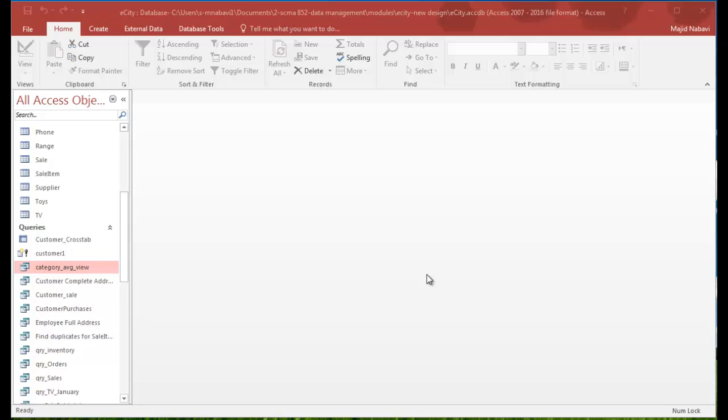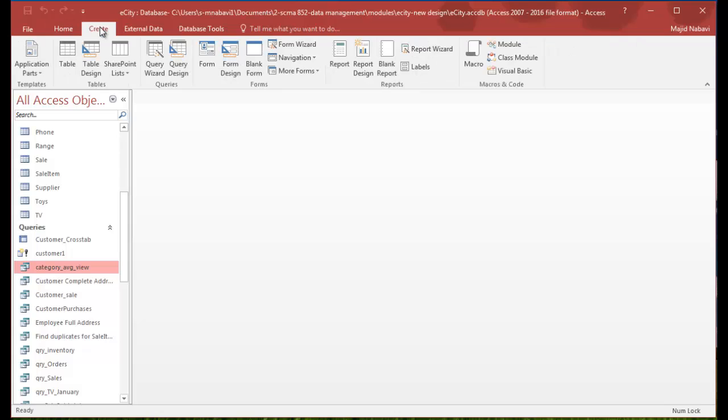Creating forms and reports in Access. Open the ECD file. We are going to create a form that shows customers with their purchased items. So we go to the Create tab,